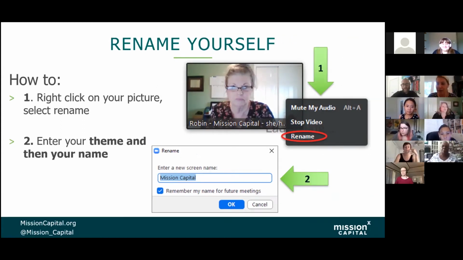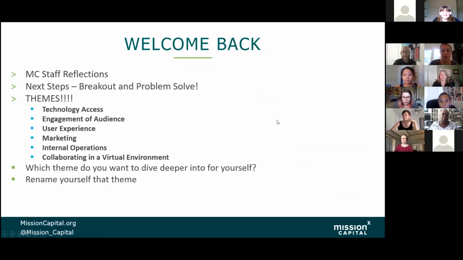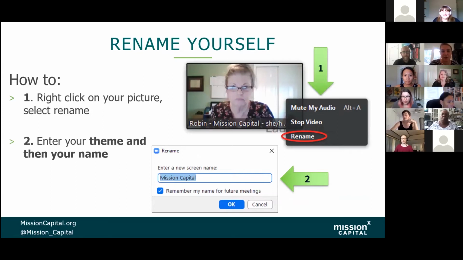Click on the ellipses and then click rename for yourself. For your name, change it to the group that you want to dig into. So I'm going to model, I'm going to change mine to collaborating in a virtual environment. Take a minute or two to think about what group you want to move into and then rename yourself with that group.